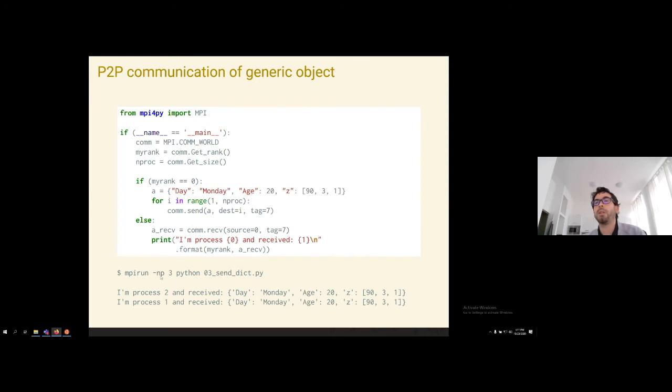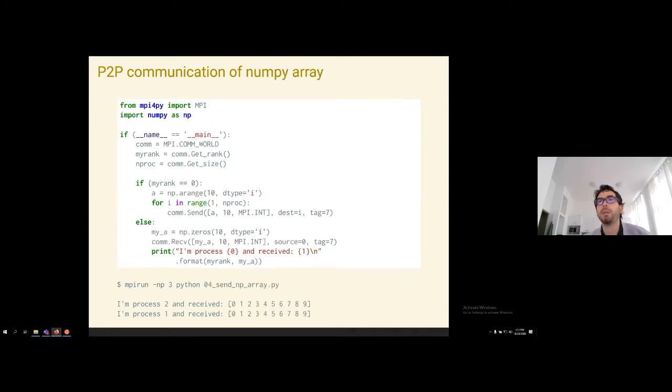And if I run this for 3 processors, then only processor 0 is creating and defining the dictionary and sending it to 2 and 3, and you would get an output like this when executing this code snippet. So as you can see, you have the ability to send something completely generic as a dictionary. But then, as I mentioned, in the case that we are communicating something with a well-defined structure in memory, like a NumPy array,